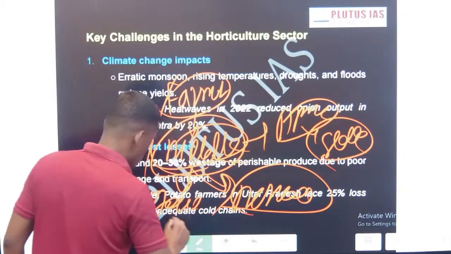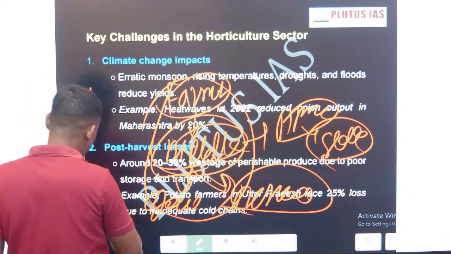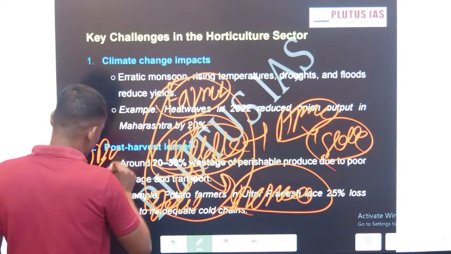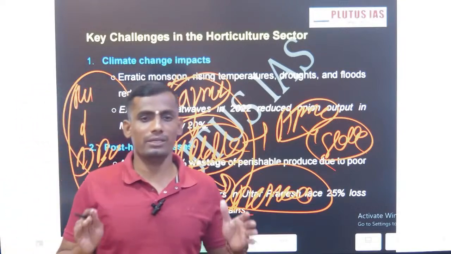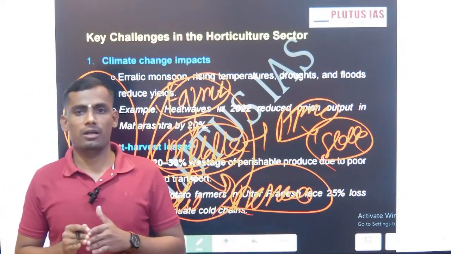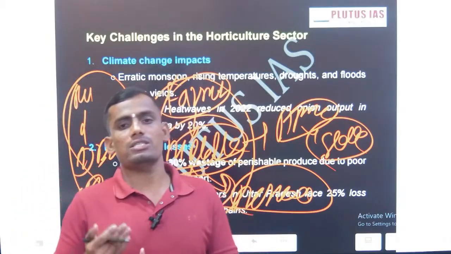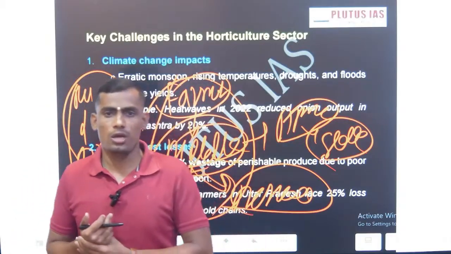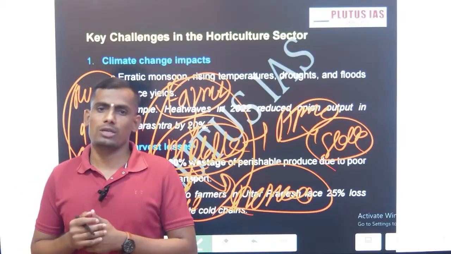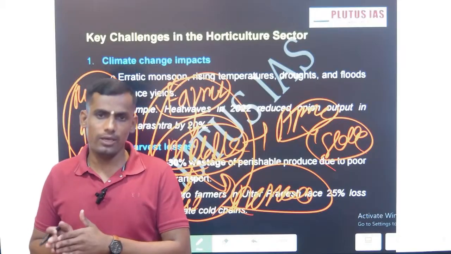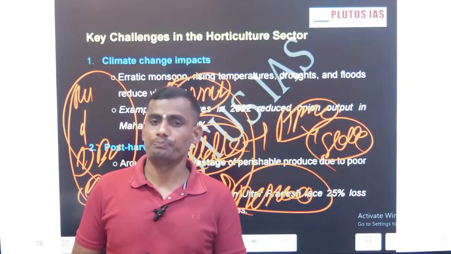This is also an issue. So these are the constraints at the farmer level, the middleman or business level, and the government level. These are the constraints which are badly hampering India's horticulture sector. Now, what can we do to address these issues? We have to deal with them in the same manner: what are the issues at the farmer level, at the business level, and at the government level, and what the government can do. The first one is the farmers level.